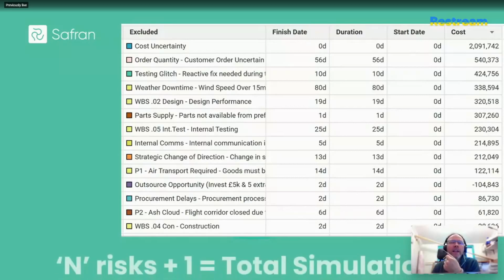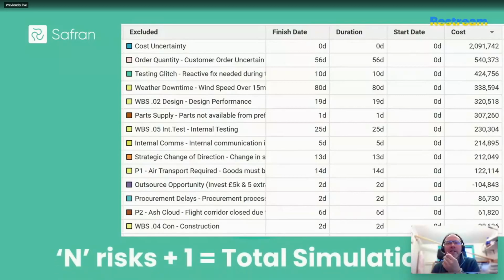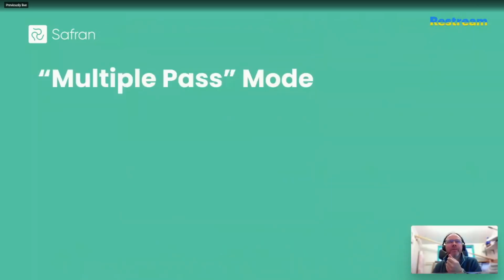Okay, and you can actually point this tool as necessary to a particular activity to interrogate that, or a mid-project milestone, a work breakdown structure summary, or a hammock to reveal the relative contribution, if any, from each of the risk drivers present in your model listed down there. Now, what I've described here is when the automation is engaged in what's called a single pass mode. And that is really great for indicative day-to-day use.